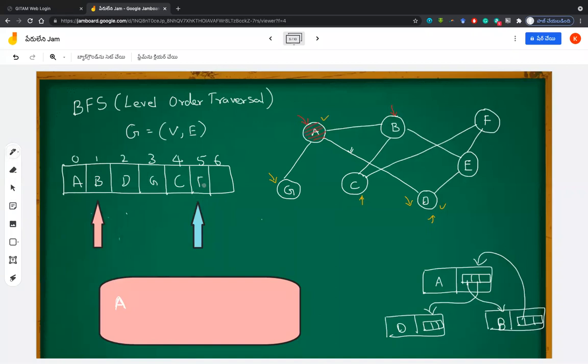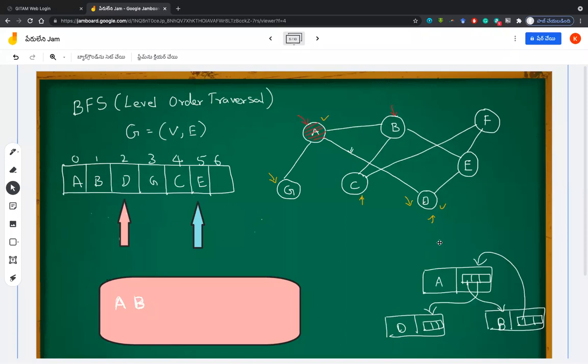Yes, E. So A has already been satisfied. There is no need to include A, of course, right? And B has two new elements, C and E, which are already included. Now nothing is there with B. So you just print B. That means this is another node that you have looked into, and increase your front. Okay, now you come to D.